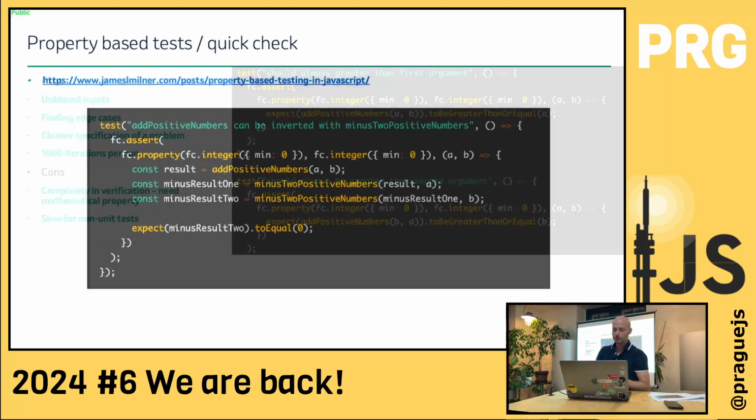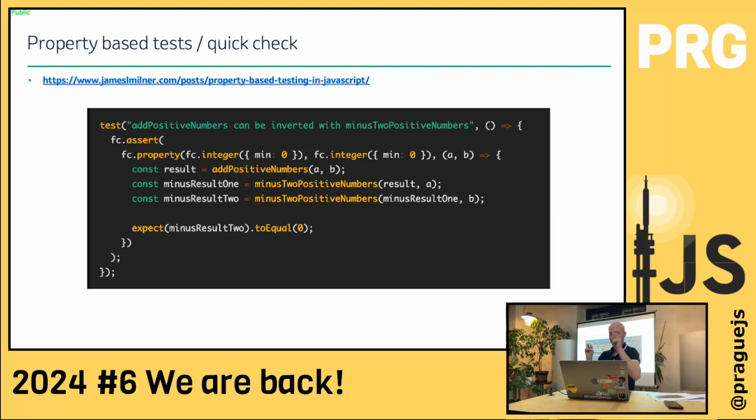It's good for some scientific or mathematical problems where you can leverage that a plus b, minus b is a. So there are ways you can prove that it's correct with different approaches.